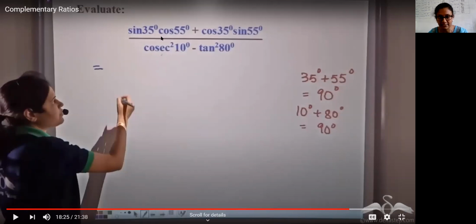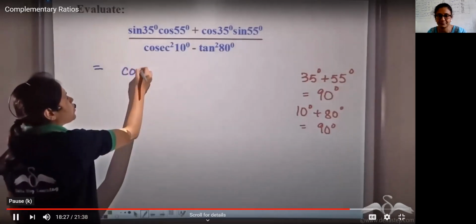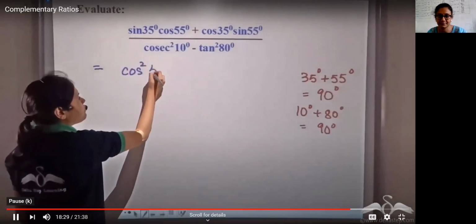And this I will not touch. I will leave it as it is. So the sine 35 will be written as cos of 90 minus 35, which in turn will become cos 55. So cos 55 into cos 55 will become cos square 55 here. Similarly, when she comes to the second term here, she will write this cos 35 as it is. Again, your sine will be written in terms of cos. Let us see how she does it. Which is cos square 55 degree.